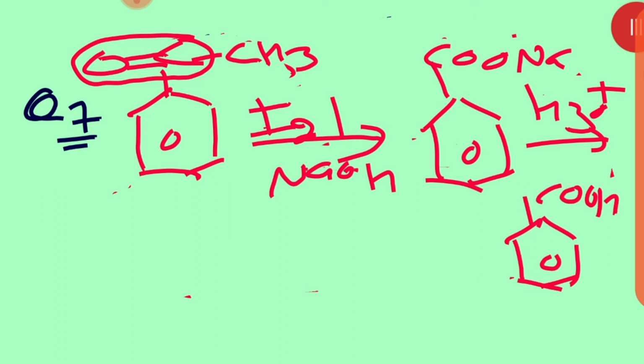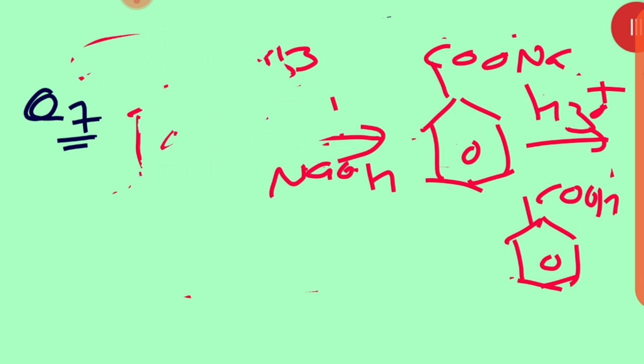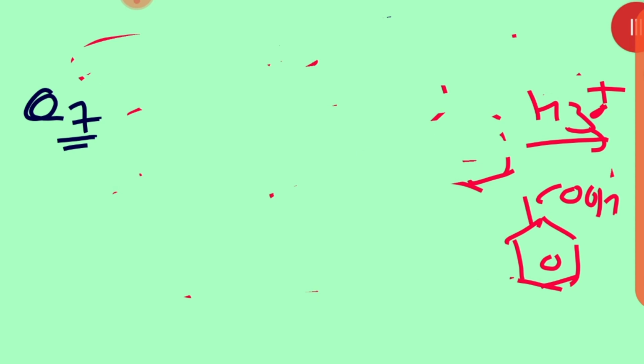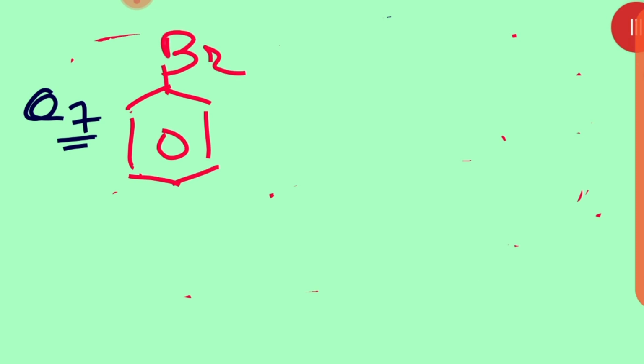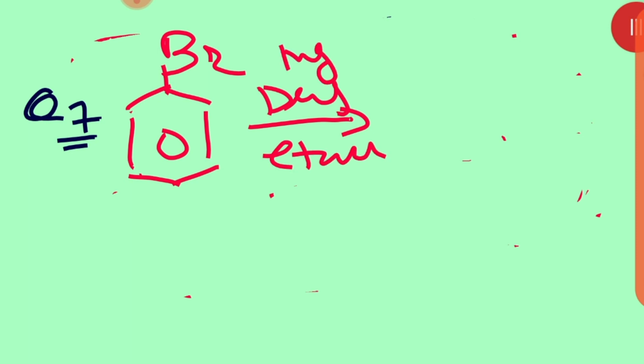Okay. Now students, after that we can see the third part. In the third part we have to convert the bromobenzene into the benzoic acid. What to do there? We have to convert the bromobenzene into the benzoic acid. Okay, now whenever we are doing the bromobenzene, see all of you please, this is the bromobenzene. Then first of all, do it with dry ether in the presence of Mg.